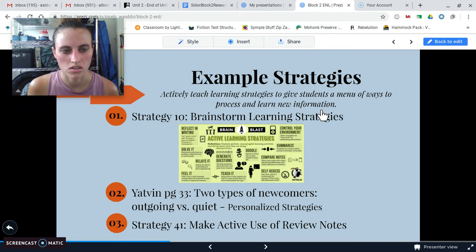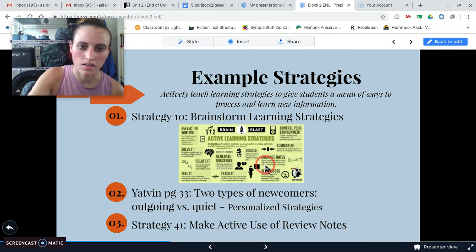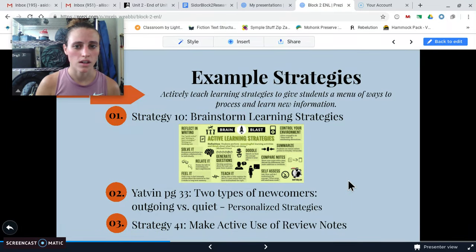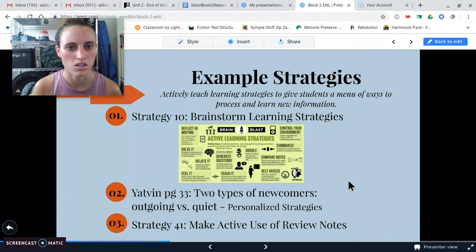And I thought that was a really helpful thing that you can incorporate as a routine in your classroom. If you have brainstormed these learning strategies with your students, such as reflecting and writing or teaching or comparing notes or doing doodles, and the students are used to having a menu of these strategies and it just becomes routine that they can reference back to them and use them, I think that'd be really helpful in them processing